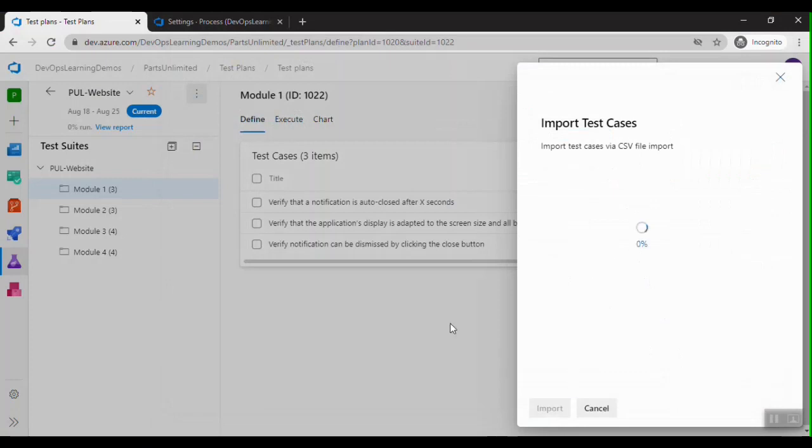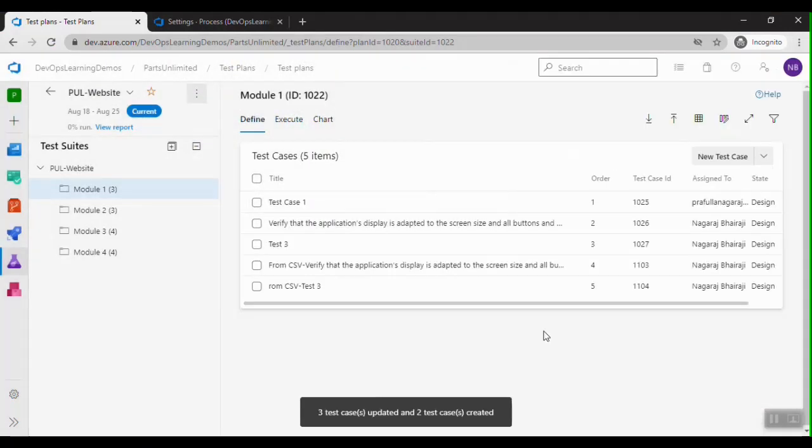Click on import, and you can see now 3 test cases are updated and 2 test cases are created. I can see test case 1 and test 3 are updated, and I have two new test cases also created.